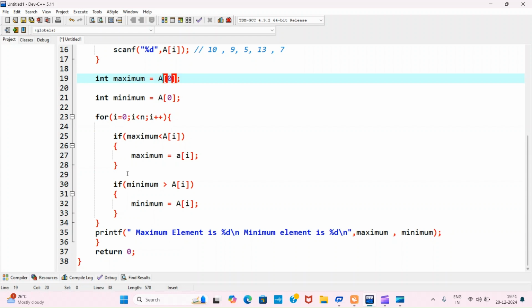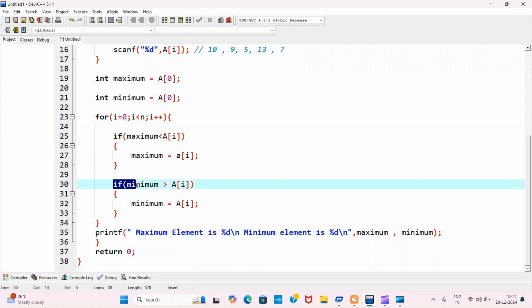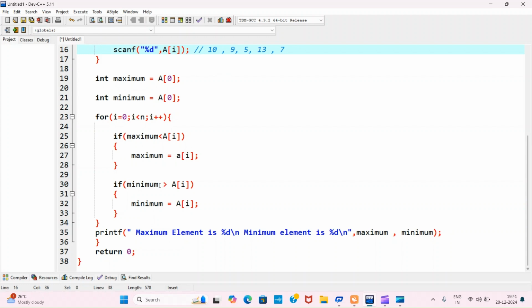Okay, after that it will come to this statement: if minimum is greater than A of i. Suppose A of i is 9, it will check if the minimum, that means the value 10, is greater than 9. Yes, this condition is true. So this minimum value will get changed to A of i. Now the new minimum value will become 9. Okay, like this it will check all the numbers,